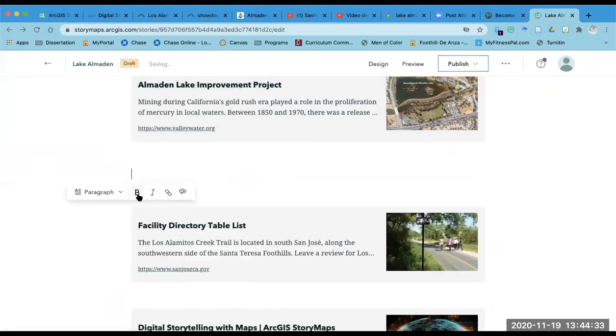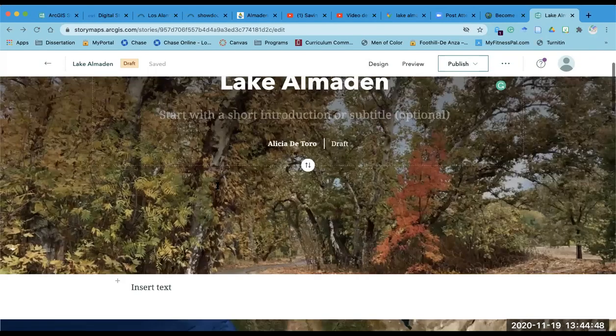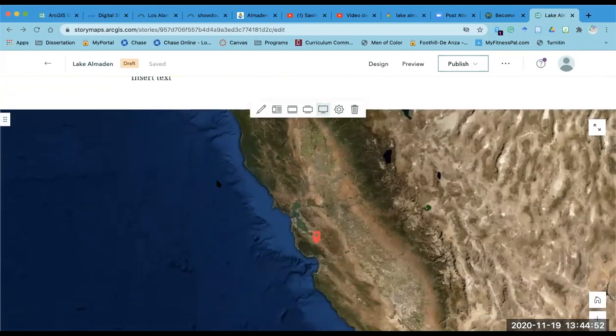There are some limitations to the text, but you can do active links. So if you don't want to embed a website, but you want to have an active link, you can do that, which is helpful. But this is a very helpful way to communicate, work into an assignment, use visuals.